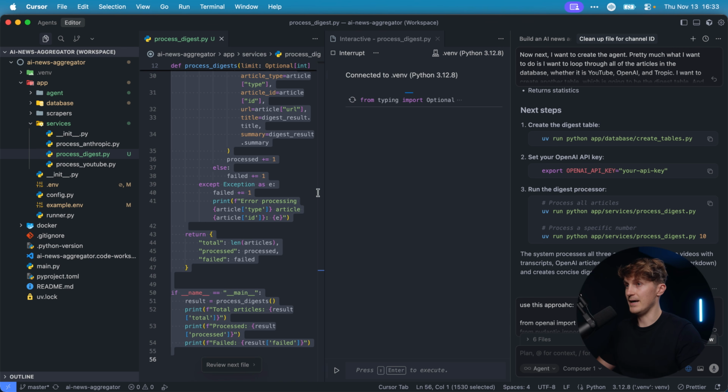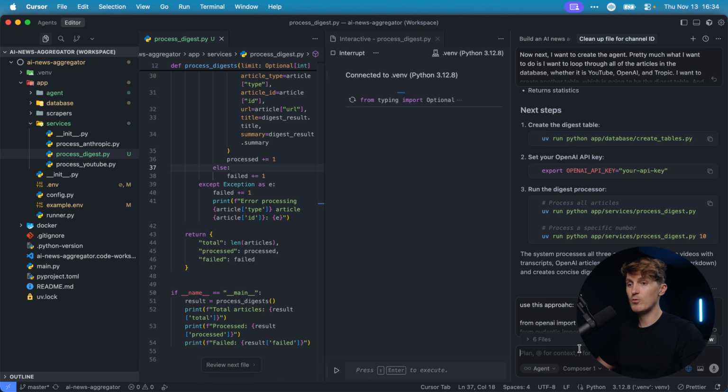What is article type? I think that's going to be either YouTube, Anthropic, or OpenAI. So we see the source where it's coming from. But this is going to take some time because it's going to do a lot of chat completion. So actually, already while this is running,